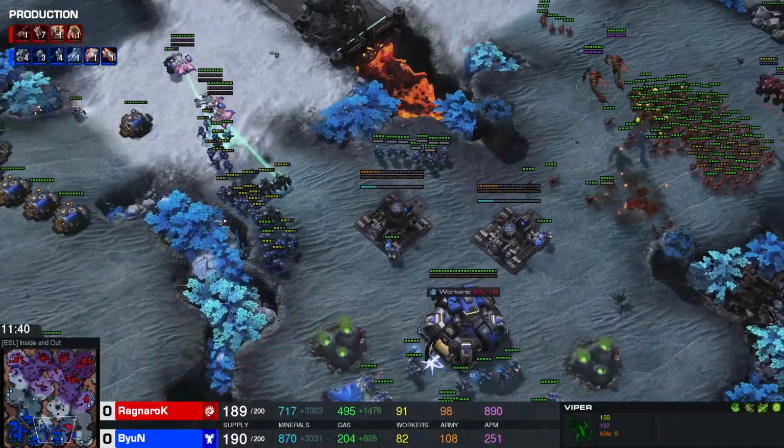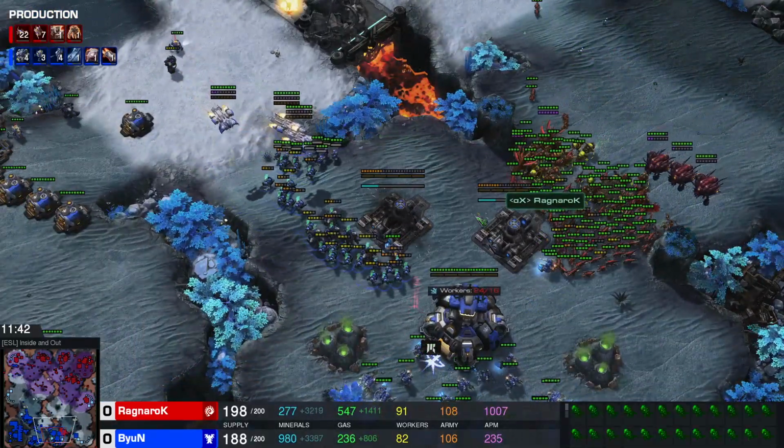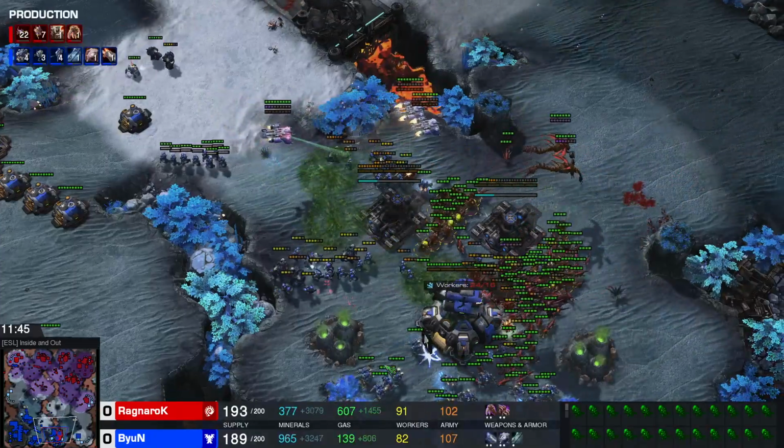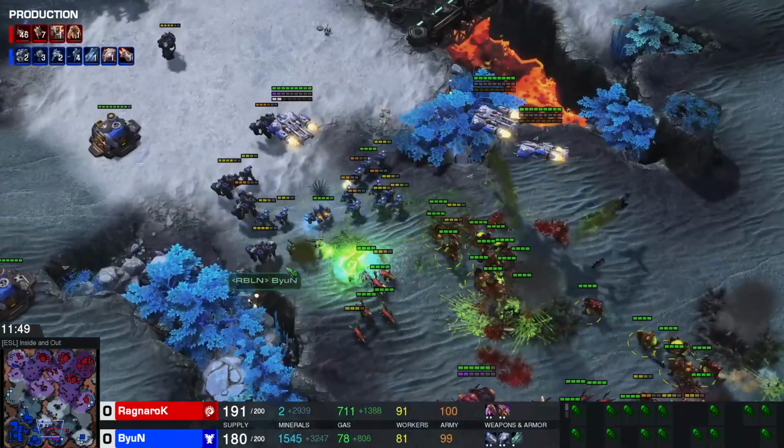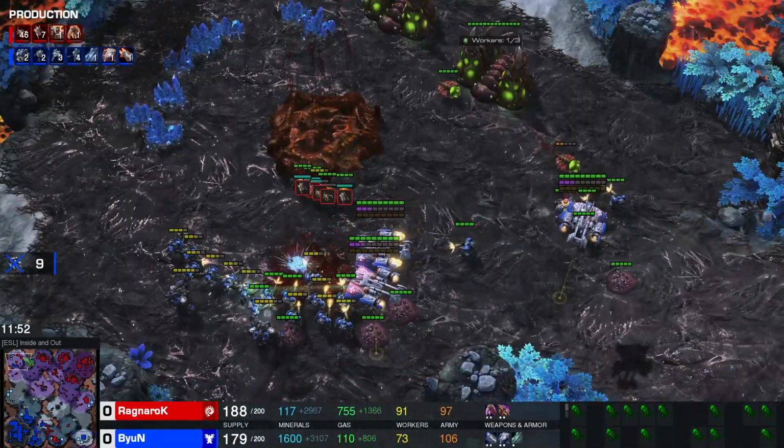Ooh, potential for a big mine hit, is not quite going to get it. How many banelings do we have? We have plenty of banelings. Blinding Cloud on the planetary, and this planetary is dead. Blinding Cloud on top of all of those marines and marauders as well, and that's also going to end up